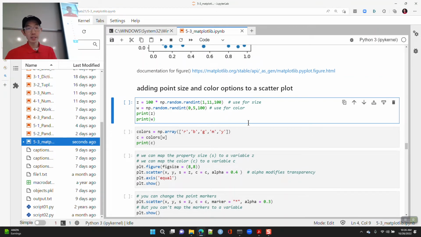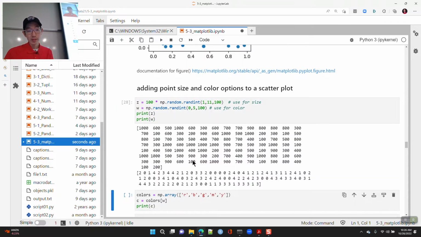If you want to plot multiple aspects, you can have different vectors associated with different attributes. One vector is associated with size, and another with the color.